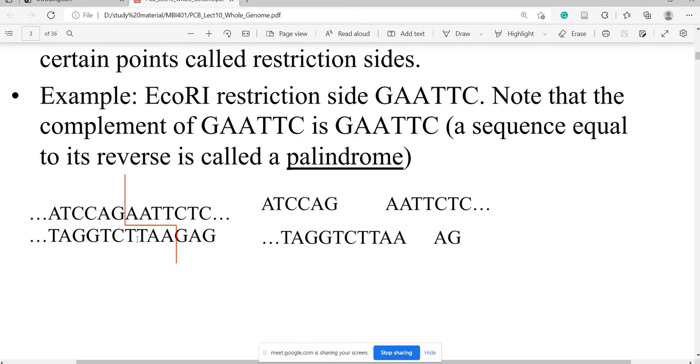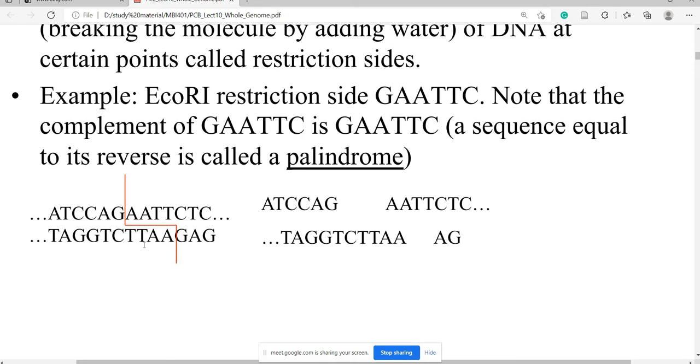The two sequences are given here, two shorter fragments. In each fragment, GARC is given here, and the reverse sequence is given here on the left hand side. What is shown in the red color has been highlighted by the red color. So these are the cutting sites. The restriction enzyme will cut here, a red line shows that, and you can see the GARC sequence in each of them.